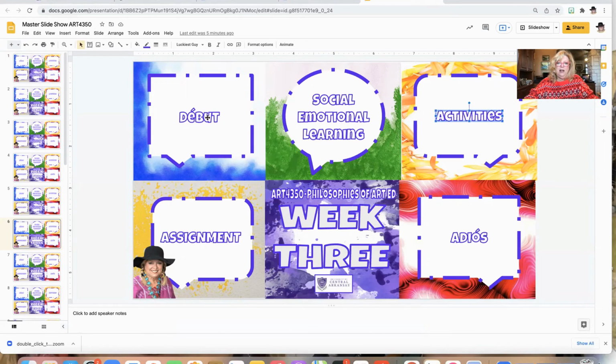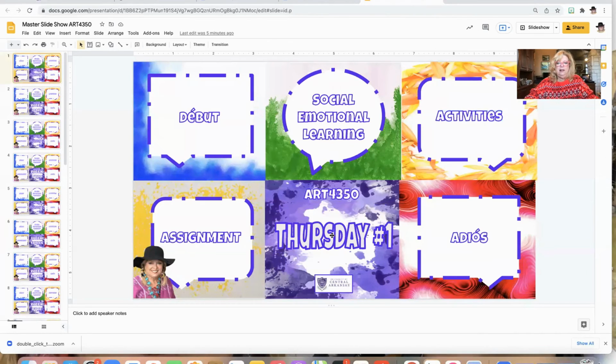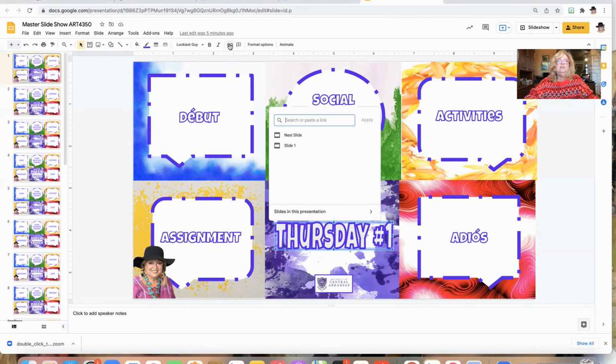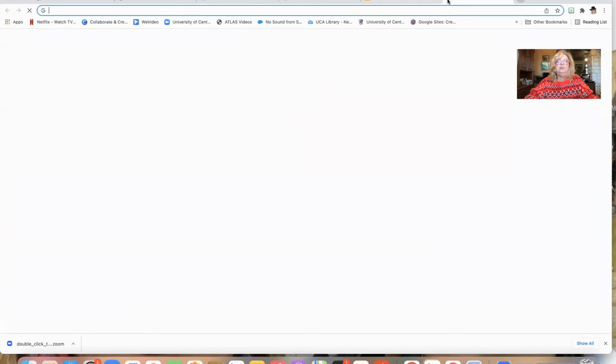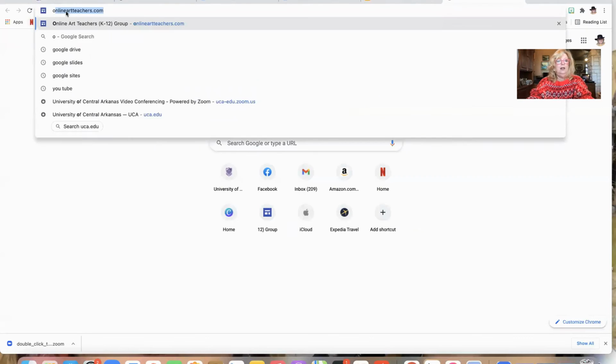So I want to show you now how to quickly embed a URL link to a Google Doc or Google Slideshow. So let's come back up here to the first slide. And I don't want to mess these up because this is my real slideshow that I teach from. So I'm just going to click on Thursday number 1. So what you do to insert the link is you just click on the text you want to insert the link with. You come up here to the embed a file, and I am going to go to